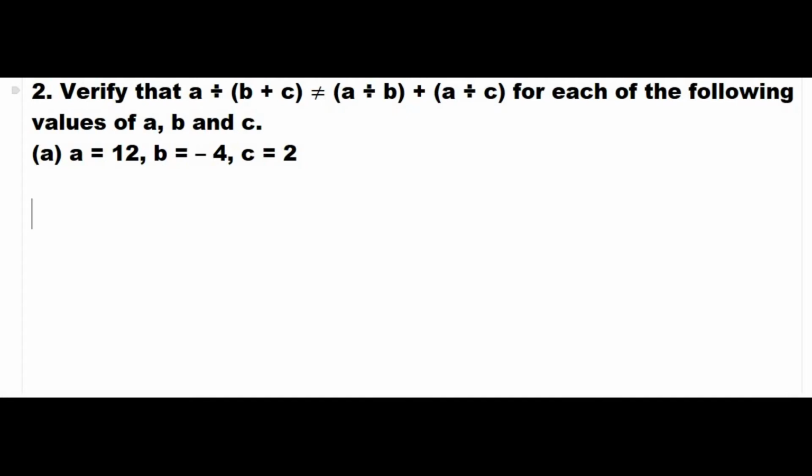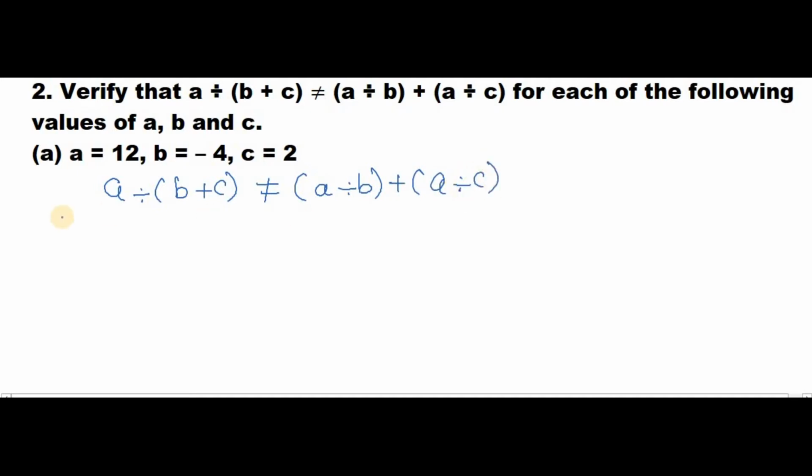So what is the equation here? Now for this, we already know that before the equal sign we have a value called LHS, and after the equal sign we call that RHS, nothing but left hand side and right hand side. So first we will go to the left hand side. This is called the left hand side.